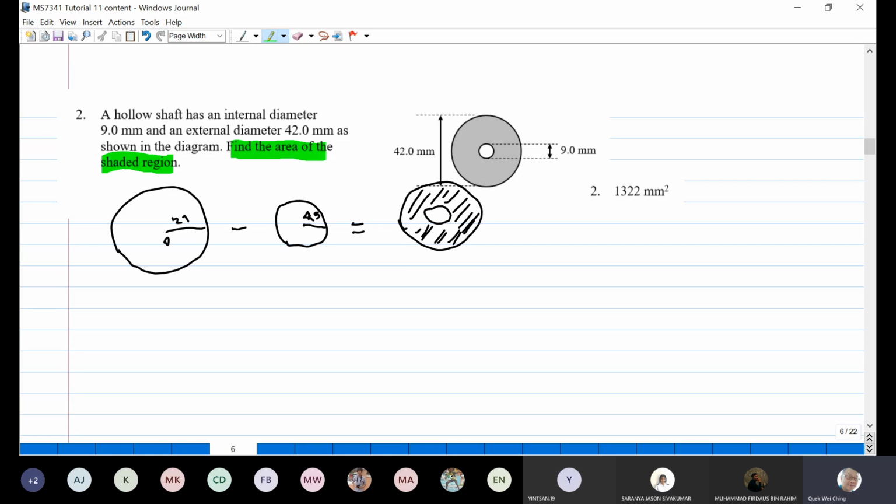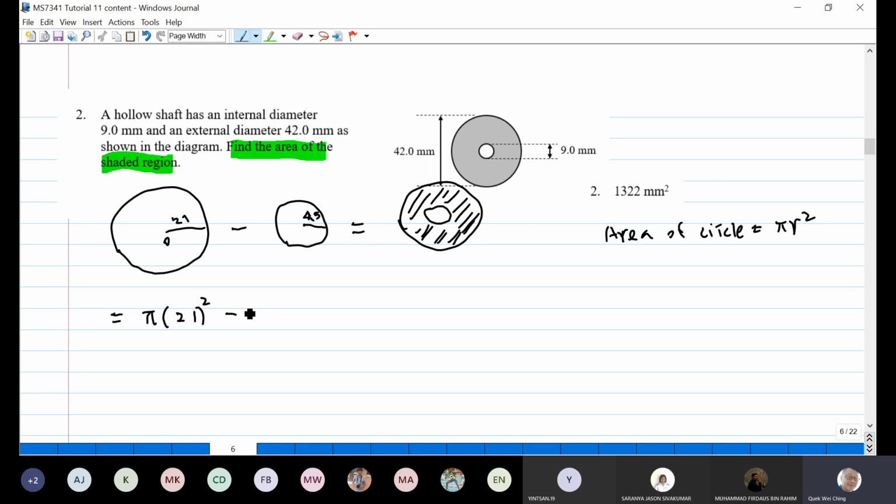So do you still remember how to find the area of a circle? The area of a circle formula is pi r squared. So you can find the area of the shaded region from this diagram. This is pi times r, where r is 21, since 42 divided by 2 is 21,